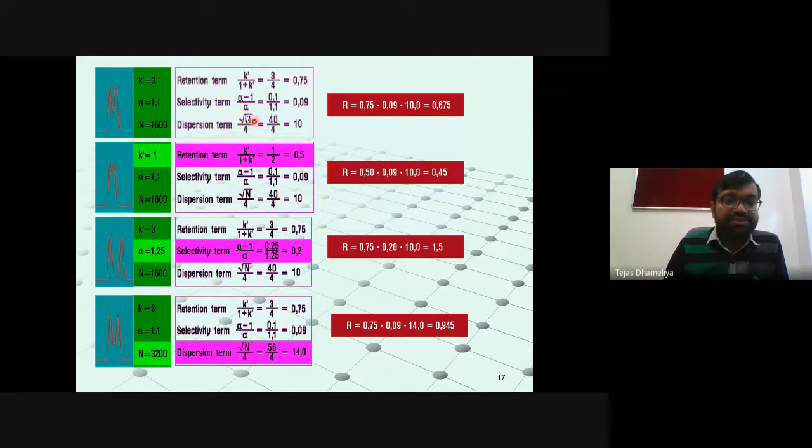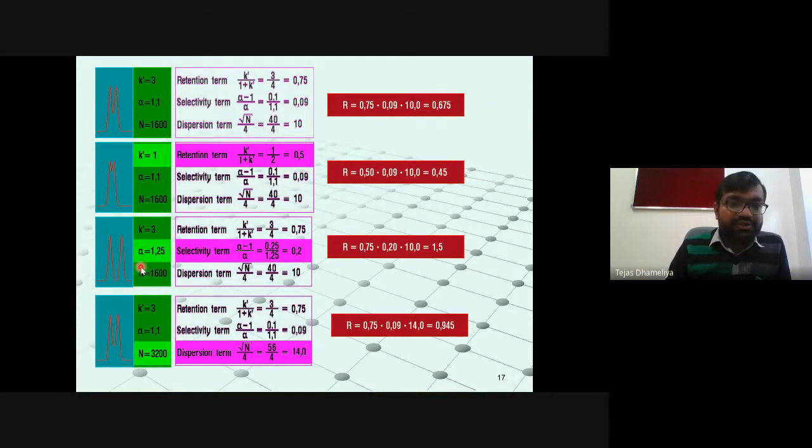So as you can see, for this peak K dash is equal to 3. Here it is K dash equal to 1. And for this peak, K dash is equal to 3. So as K dash increases, separation efficiency also increases. Alpha was 1.1, 1.1, then 1.25. That comma is visible, but it is in fact not a comma, it is a dot. So increasing from 1.1 to 1.425, the separation increases.